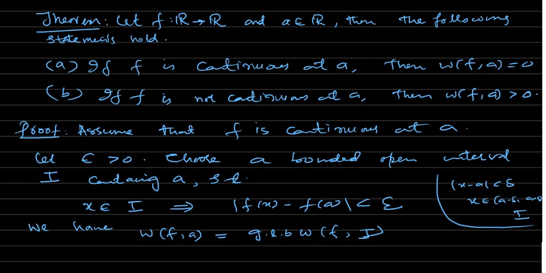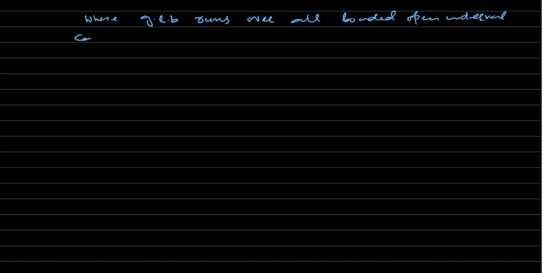So where the GLB runs over all bounded open intervals containing A. So this implies the oscillation of f at A,